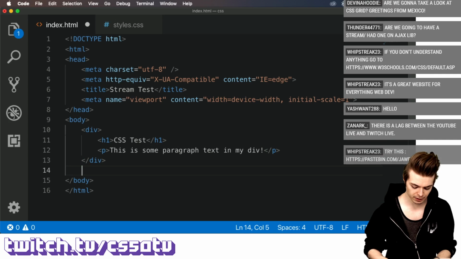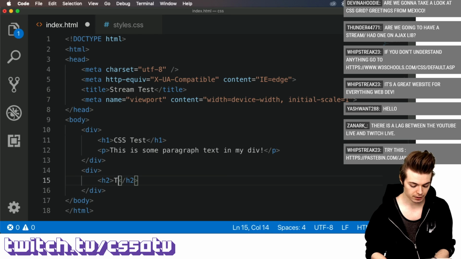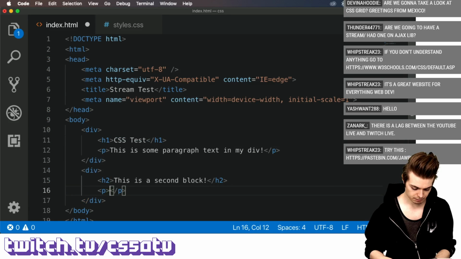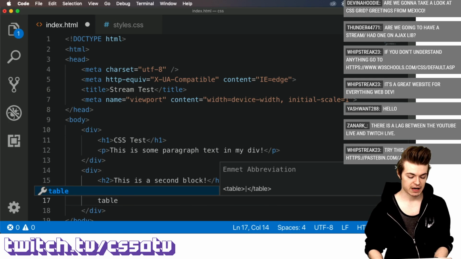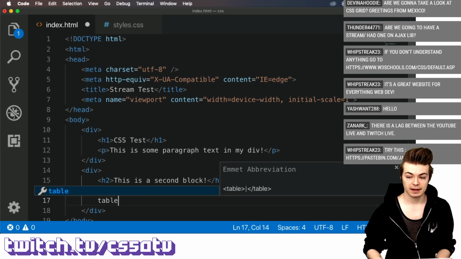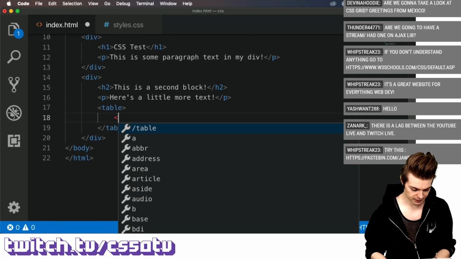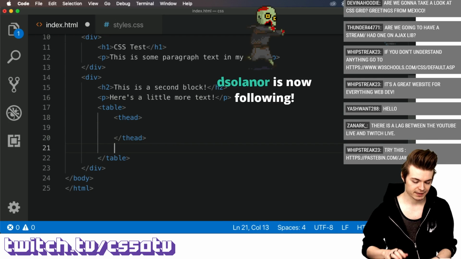I'm going to create another div. And then in here, this is going to be an H2, and I'm going to say this is a second block. And then P, I'm going to say here's a little more text. And then maybe create a table here. I can type the word table and then hit Tab. And then I can go down here and say T-head, which, remember, is where we specify the header of our